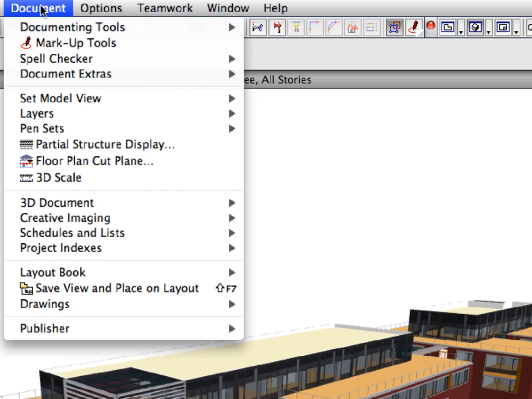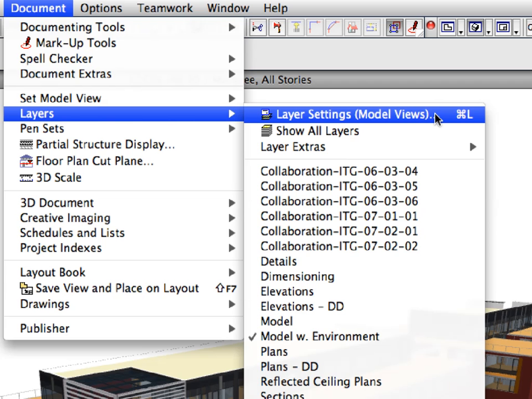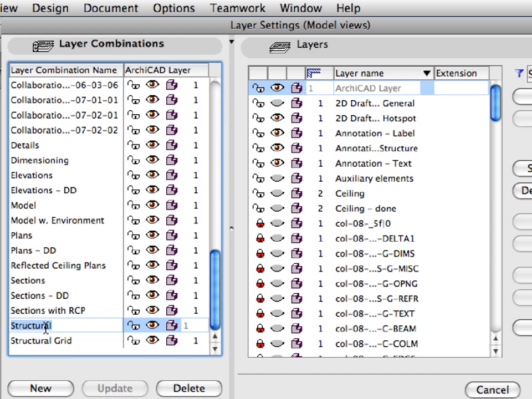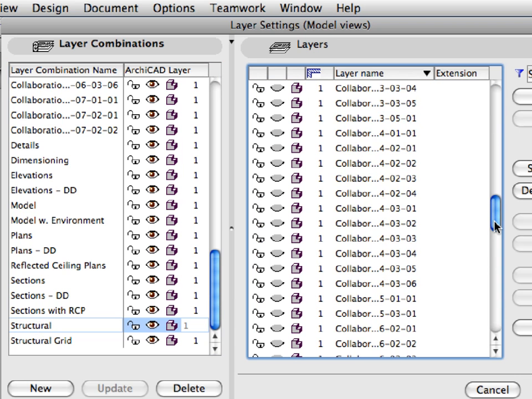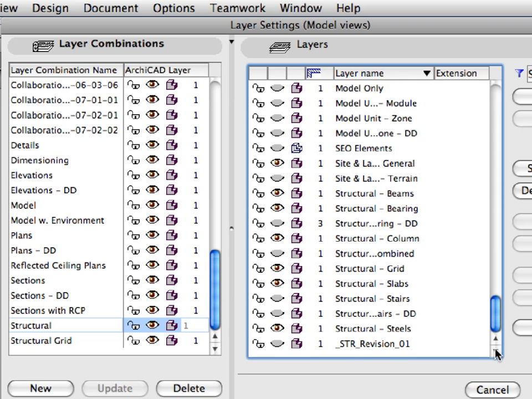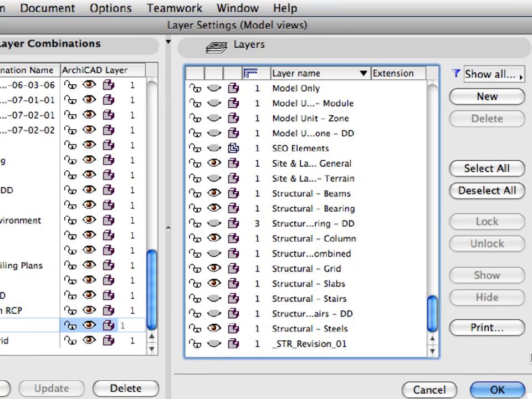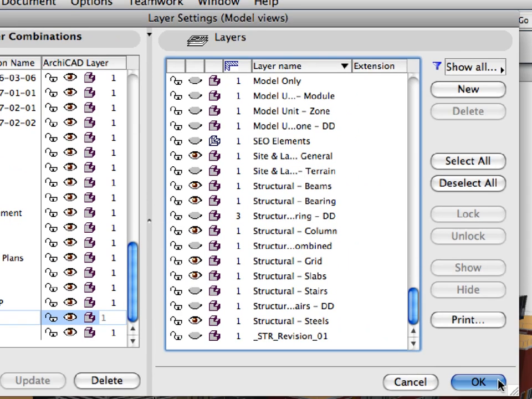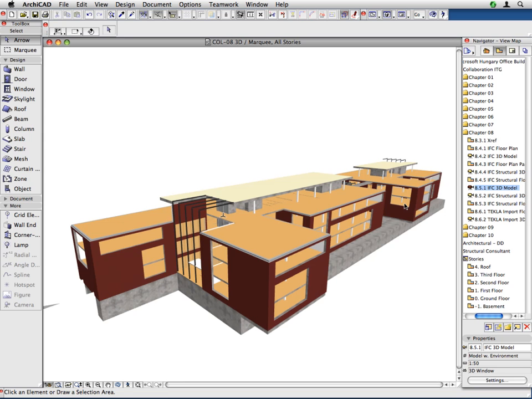Open the Layer Settings dialog using the document Layers, Layer Settings menu command. Choose the structural layer combination from the layer combinations on the left side of the dialog. This combination hides all architectural-related layers in the project. Click OK and check the results. Now only the structural elements are shown, but there are still unnecessary parts visible, such as windows, doors, and wall